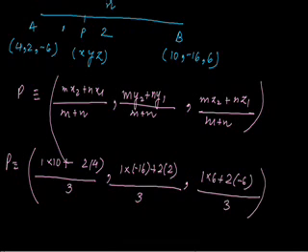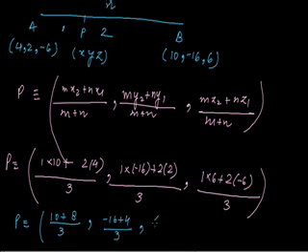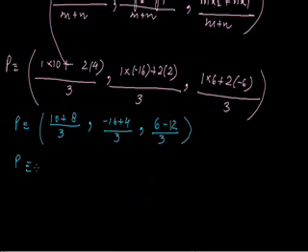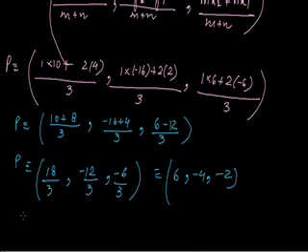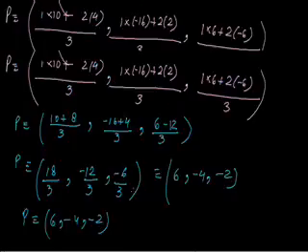Now further calculating, P is equal to 10 plus 8 upon 3, comma minus 16 plus 4 upon 3, comma 6 minus 12 upon 3. Further calculating, P is equal to 18 by 3, comma minus 12 upon 3, comma minus 6 upon 3. So the coordinates of point P are 6 comma minus 4 comma minus 2. Okay, wonderful. Next, we will find the coordinates of point Q.